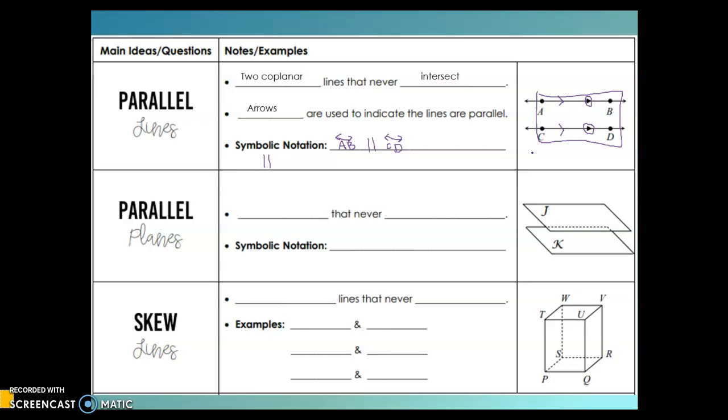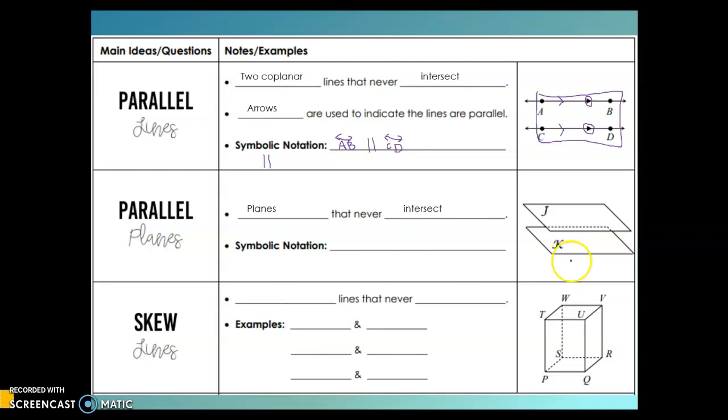Now, parallel planes is going to be something that's new to you, but hopefully not too much of a jump from parallel lines. Parallel planes are planes that never intersect. I like to think of parallel planes like the floors of a building. So you've got plane K, which is maybe like the bottom floor, and plane J is the floor above that, and each of the floors of your building are going to be totally parallel, the same slope,